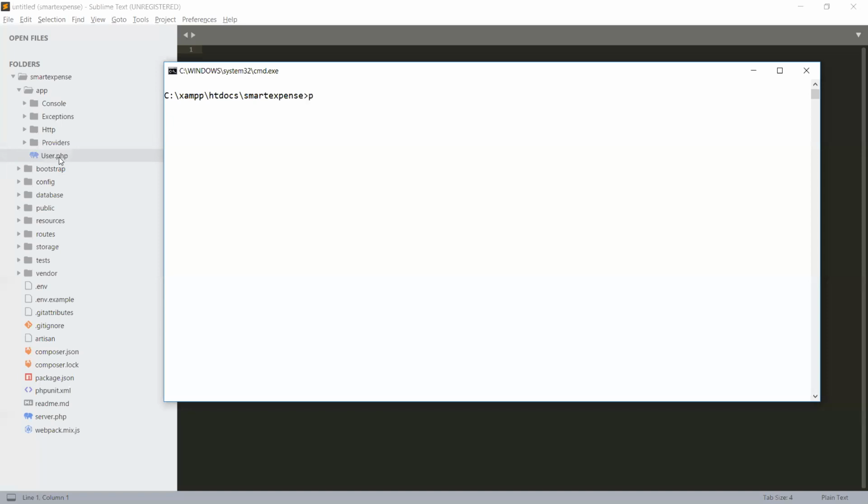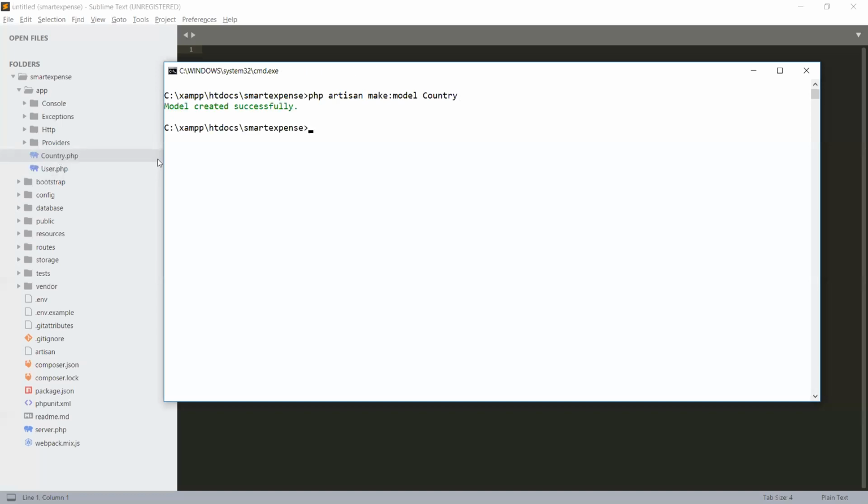PHP artisan make:model, and the model name is Country, which is singular with the first letter capital. So PHP artisan make:model Country.